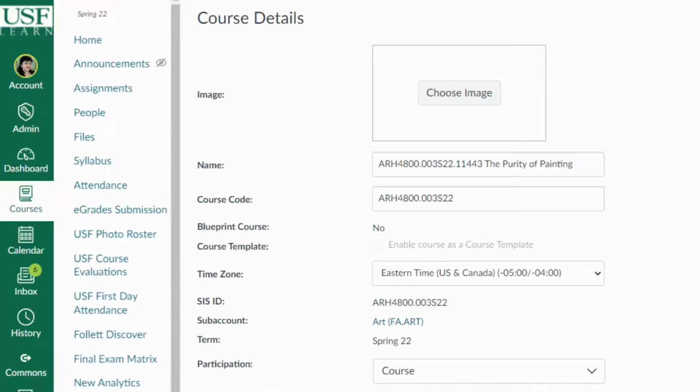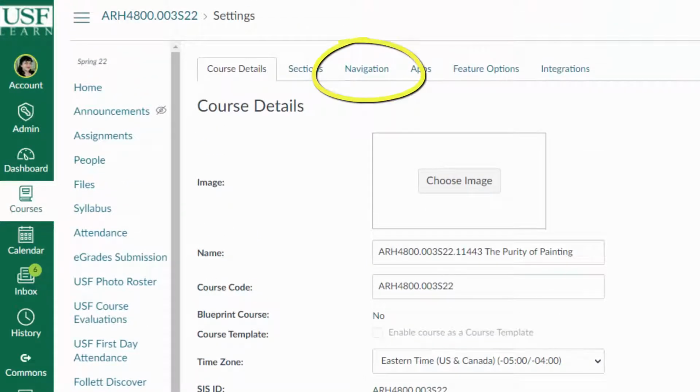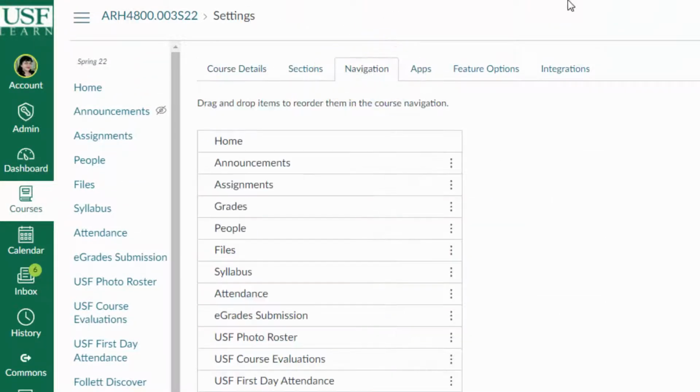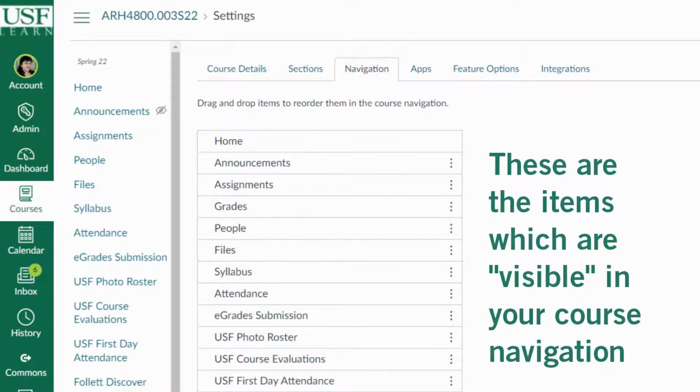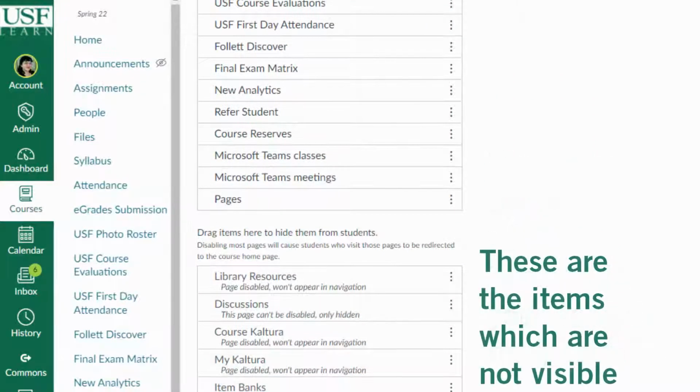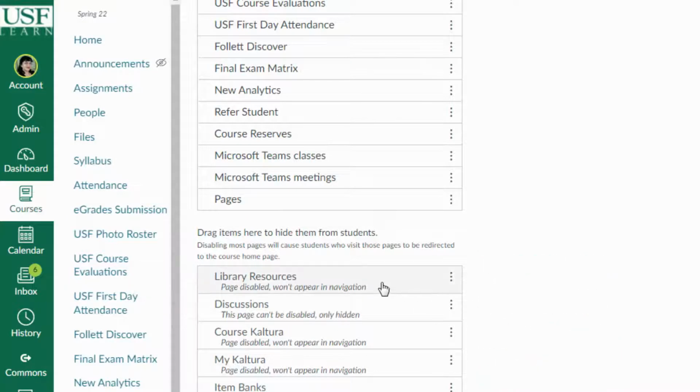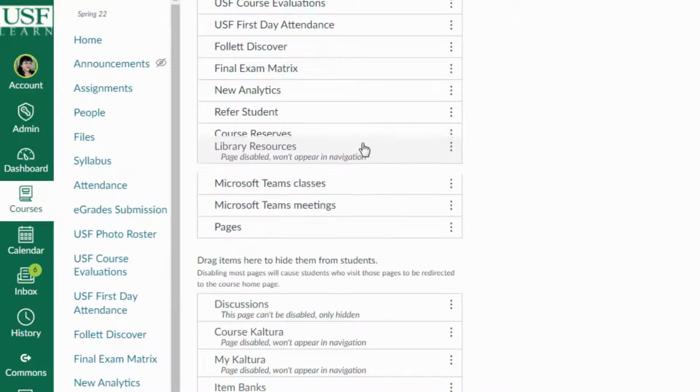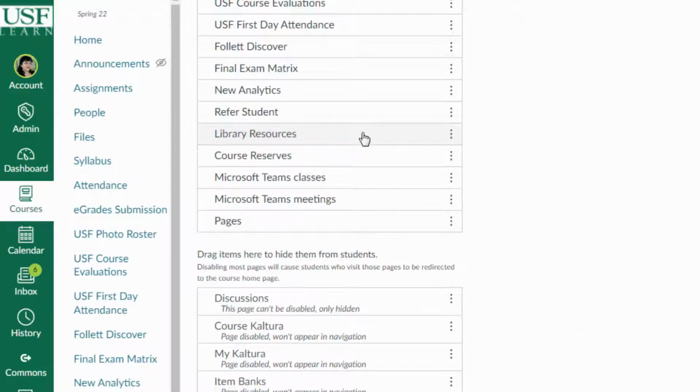Once I'm in Settings, I'm going to scroll back up and look at the top for Navigation. If I click on the Navigation link and scroll down to the navigation items down here that are hidden, I see library resources among them. So I can click on it and drag it up to the area for things that are going to be displayed. Now I'll hit Save,